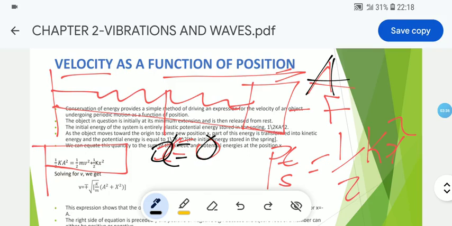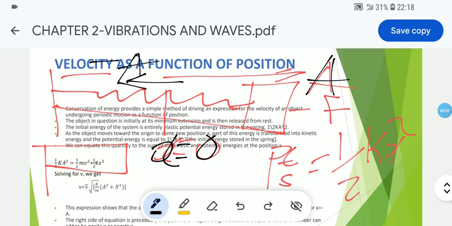Then it will continue to compress that spring, to a displacement of negative A. At this equilibrium position where x is equal to 0, the only energy that we have there is the